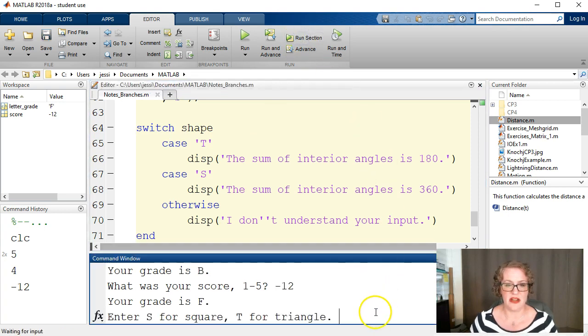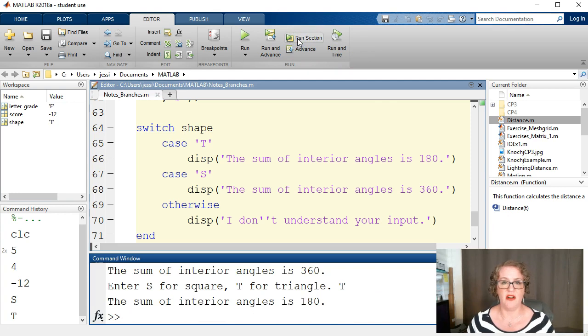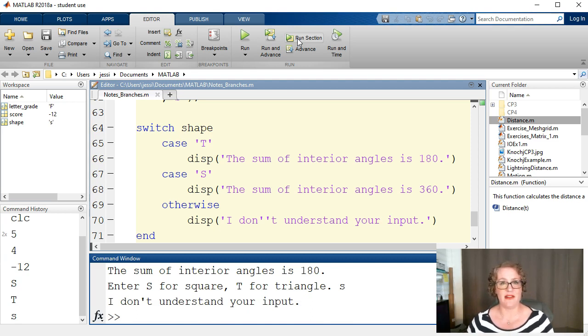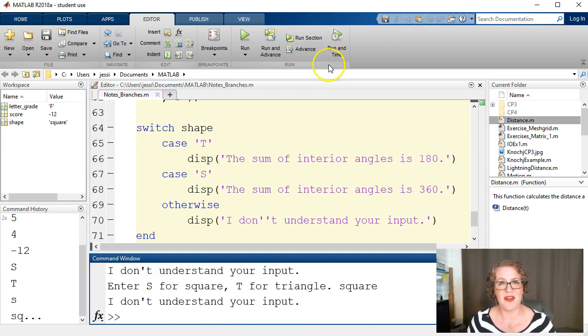So run section, enter S for square, run it again, T for triangle. What if we enter lowercase s? I don't understand. So MATLAB, remember, is case sensitive. If we have a lowercase s, it's not going to understand. If we type in the word square, it's not going to understand. So there are other ways of dealing with this later, but right now we might say, okay, instead of letting